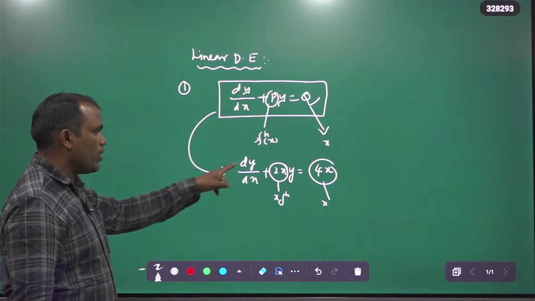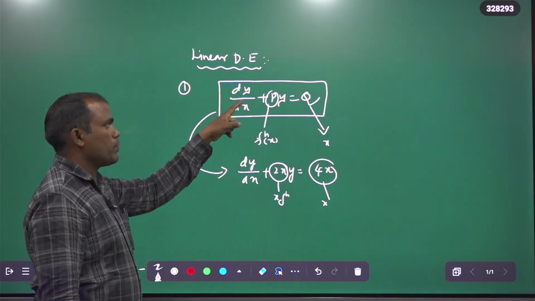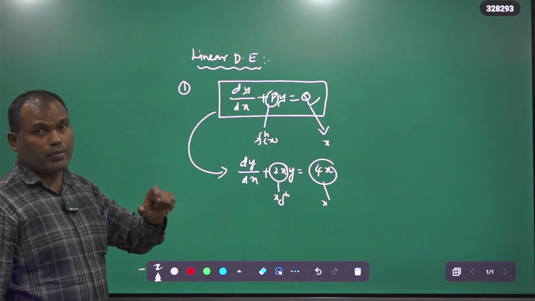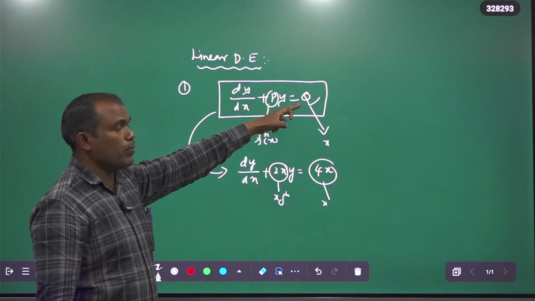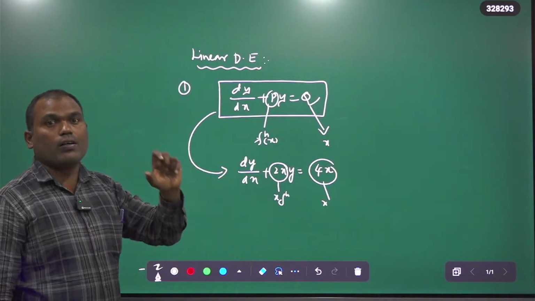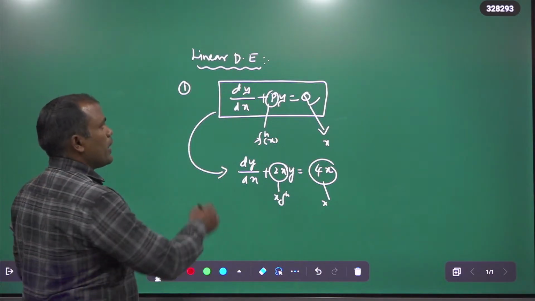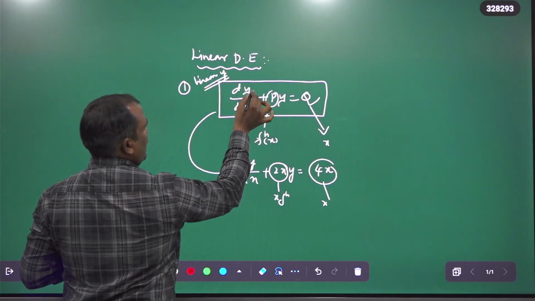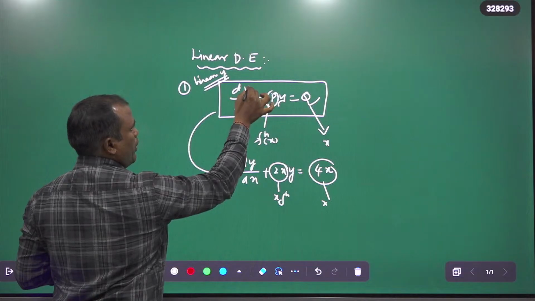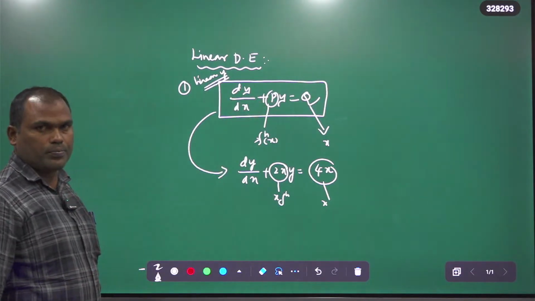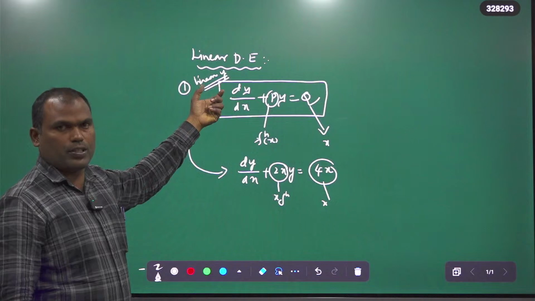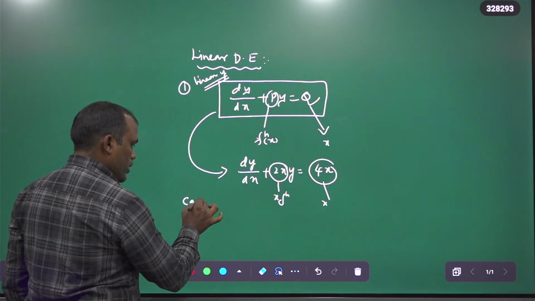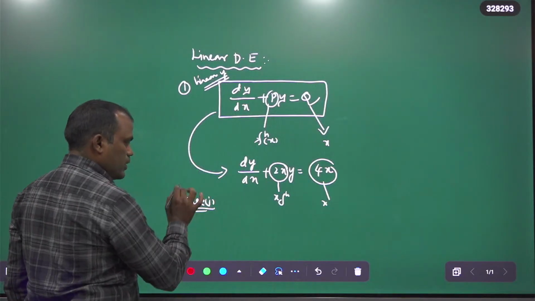So this, dy by dx plus py is equal to q, is a first order linear differential equation where p and q are functions of x or constants only. This is linear in y. This is linear in dy by dx, y, meaning it is a linear in y differential equation. And coming to this, we have two cases. The first case is